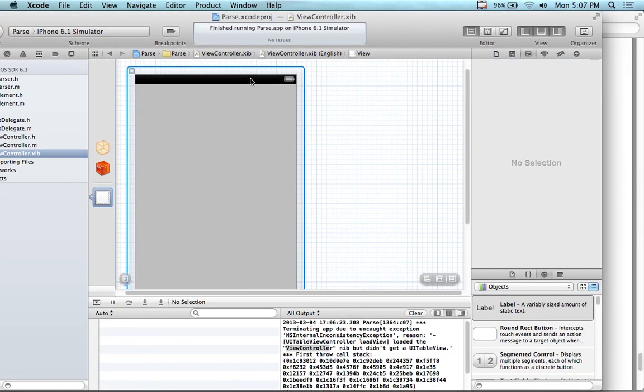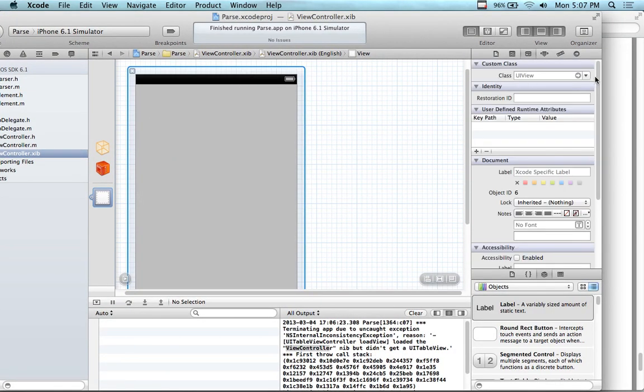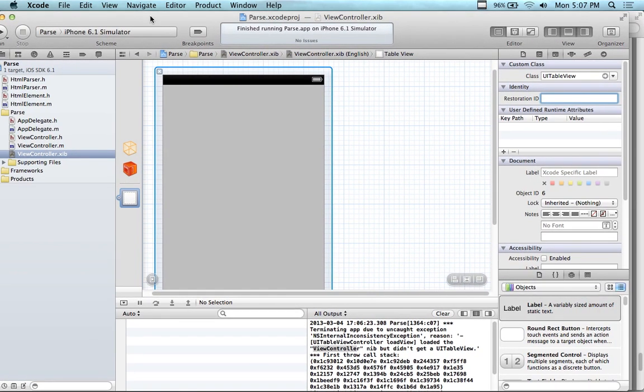So here we have our window, and I'm up here where it says the class. I'm going to change it to UI table view controller. Oops, not cell. Table view. UI table view, not cell. Now when I run it,